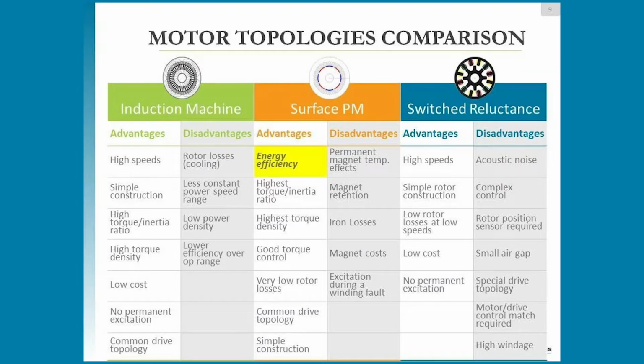But what we're going to hit in the following slides is addressing some of those disadvantages of the permanent magnet machine, informing you of what options are out there to address and reduce those disadvantages as much as possible, such as permanent magnet temperature effects. What can we do about that? Magnet retention: there are some new topologies out there with carbon fiber winding, for example. Iron losses: I can use thinner laminations to reduce those iron losses. And magnet cost: we're going to go through a topology which will address how to change the magnet manufacturing method to make them more cost effective.